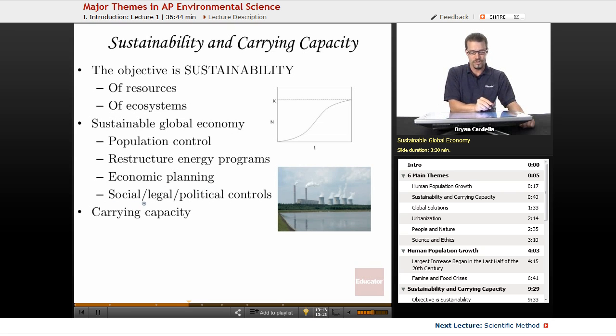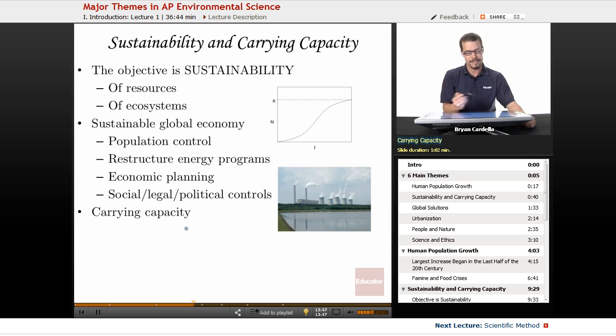That's an important step. Social, legal, political controls. Governments can step in and help initiate some of these changes. And it's not going to be easy. There are going to be some growing pains in terms of making transitions to renewable resources. But we've seen countries do this. We've seen countries, especially some countries in Central and Northern Europe, who've led the way in wind power, in solar power, and doing a lot of good and actually making it something that has economic benefits.